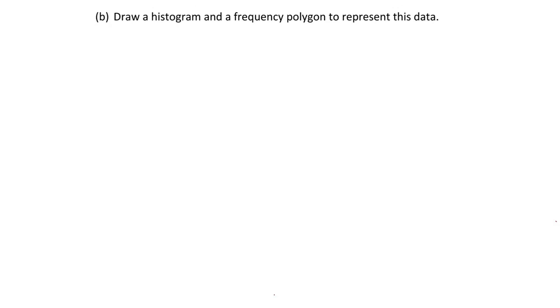Part B of the question, we are supposed to draw a histogram and a frequency polygon to represent this data. Okay, so for this one, we are going to start by drawing a histogram. Then you have to remember that a histogram is the bar graph drawn by frequencies against the given data for ungrouped data. Okay, so we start by drawing axes, and we are going to label number of children for the y-axis and